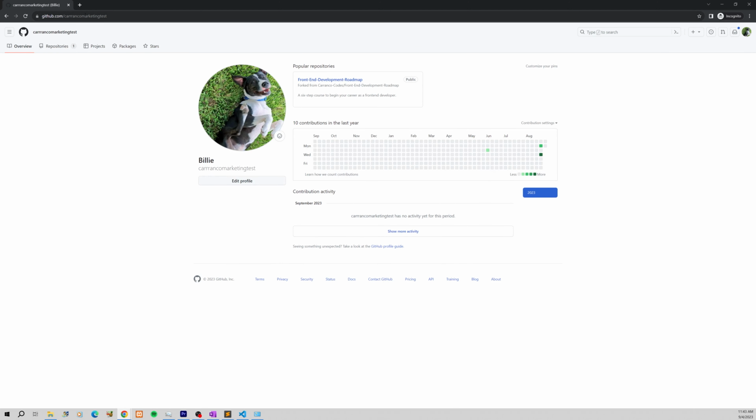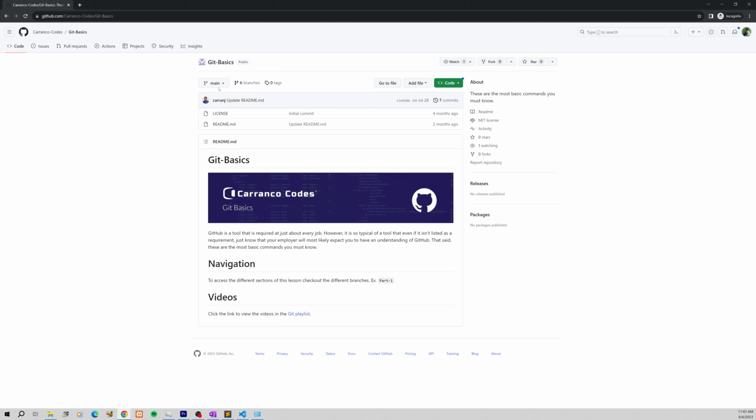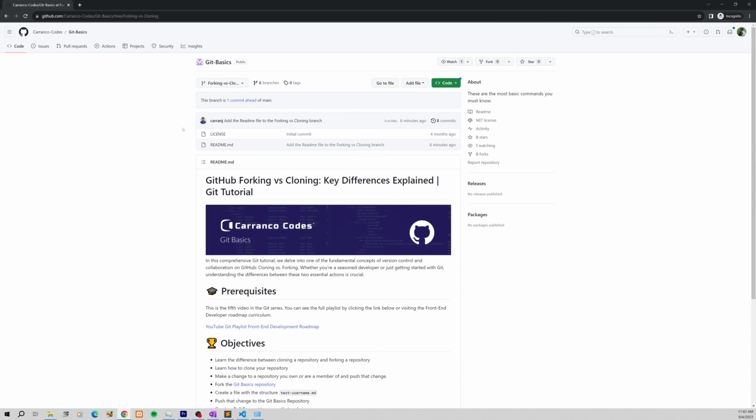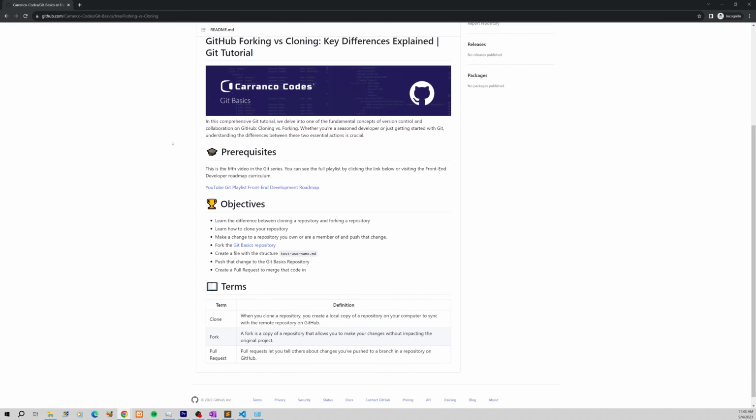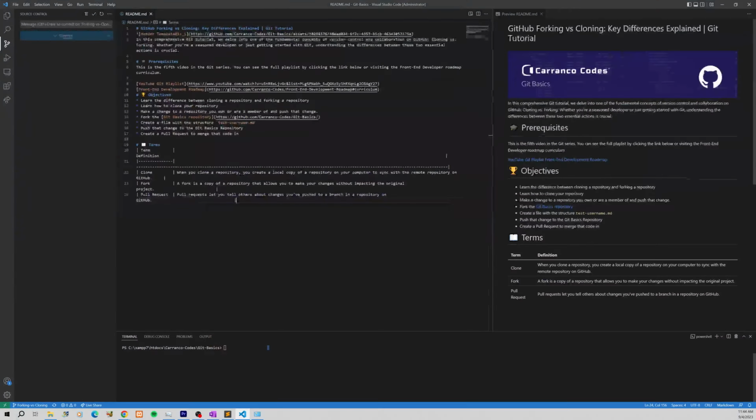So if we're Billy and we also go to the same repository, then what she will see is that she also has access to see all the branches that are available. If she goes over to the forking and cloning, she's going to see the changes that we already pushed up. And she can also clone the repository. So if she were to go to code and click on the icon, and then head over to Visual Studio,